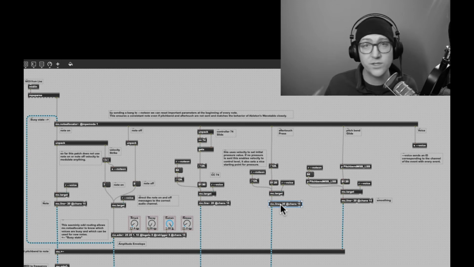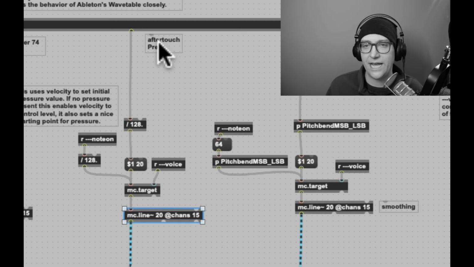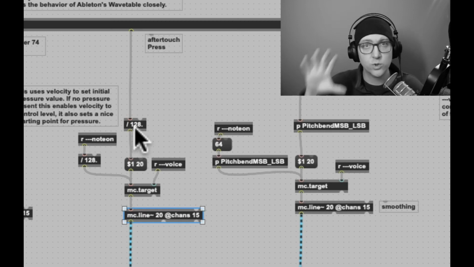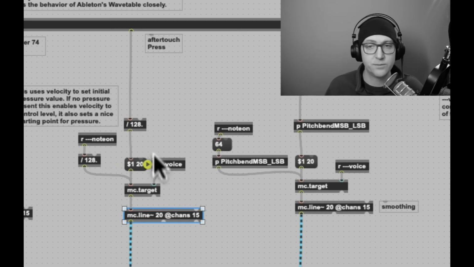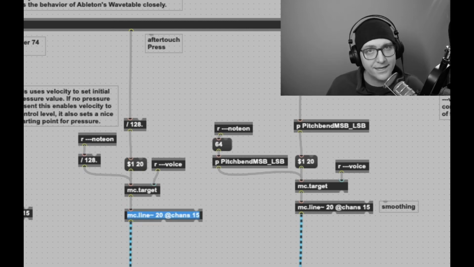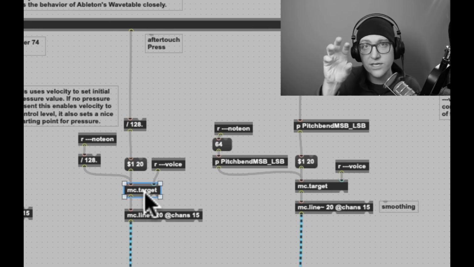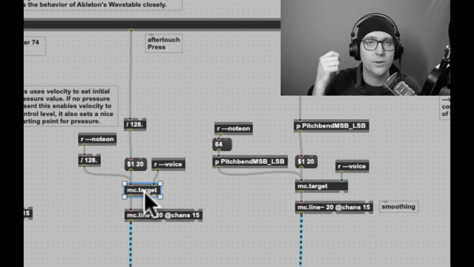Really, after that, all this patch is really the same. You'll see that an aftertouch message is divided by 128 to put it into a good range. Then it's packaged up with another number to define the smoothing of mc.line~. The big difference is MC target is here, which is what says this change in value is going to happen